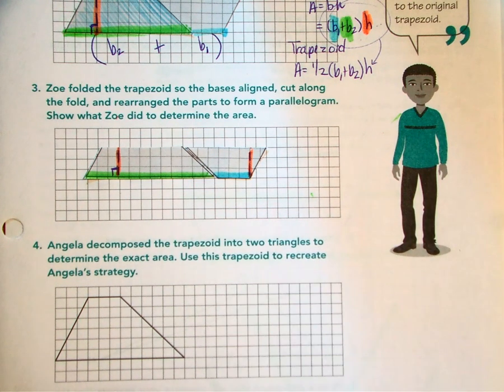It's really neat. What happens to the height when she does this? How much of the height do you have? Like, what does it look like now? If you're thinking it looks like half the height, it is half the height. She cut the height in half, which means